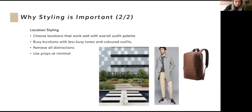So I'll take you through some of the locations, what works well. Basically, choose tones that complement the outfit, and where you want to put the family or the talent in front of. Ideally, a busy location should have less busy tones, okay? And even when you take photos at a location, when I say removing all distractions, sometimes you may find